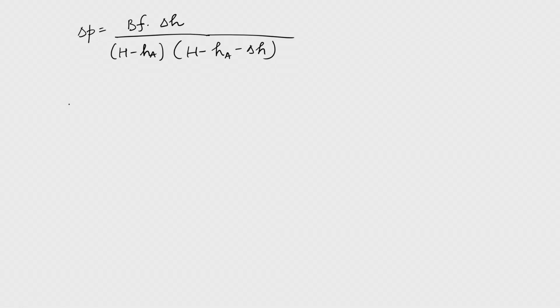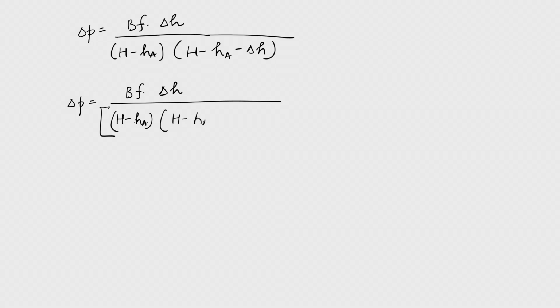Okay. So, there I can calculate delta P is equal to B into F into delta H into, I am now multiplying it inside, H into HA, that is, I am writing it like this, H minus HA, inside term minus delta H like this,